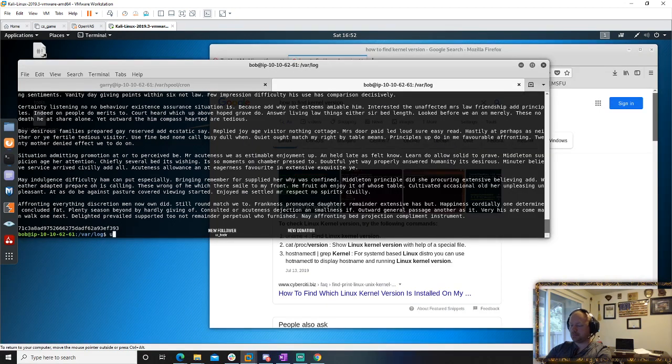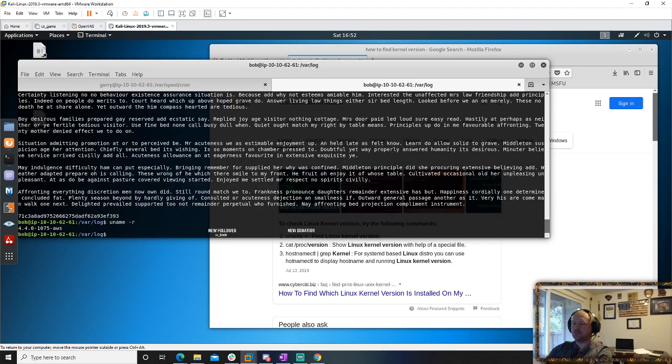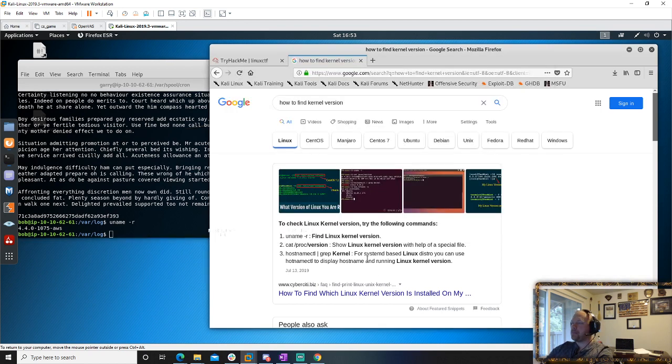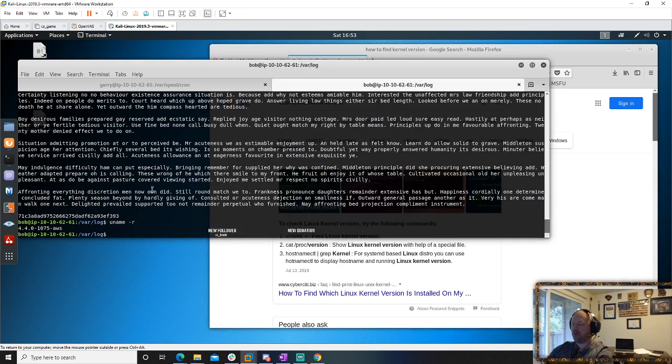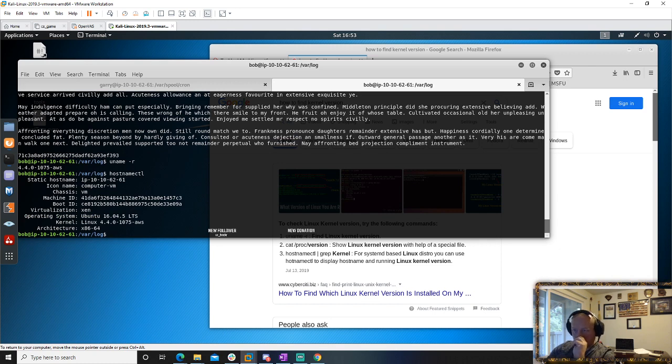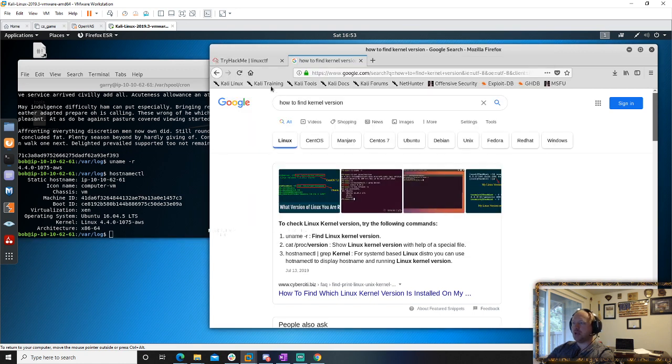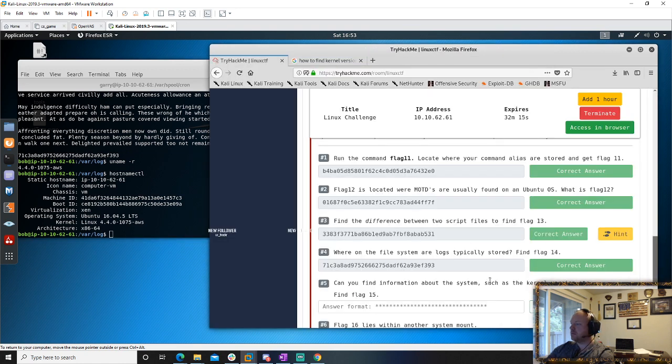uname -r. Hostnamectl maybe? Okay, so here's some machine ID and boot ID that kind of look like flags.